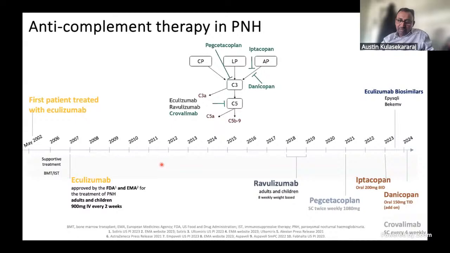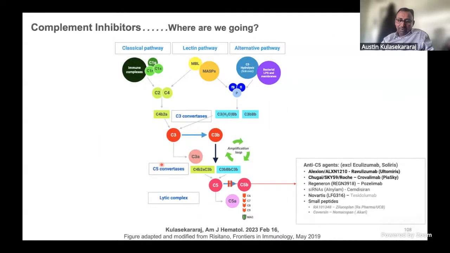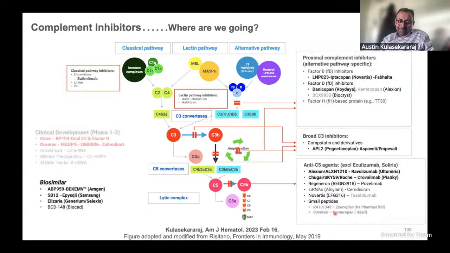Since eculizumab and ravulizumab, now we have a number of agents, at least in Europe and US, and countries where these are approved. I know Arihant mentioned the other complement inhibitors, the cemdisiran and the tocilizumab here, but there are other proximal inhibitors, there are lectin pathway inhibitors, there are MASP3 inhibitors, there are biosimilars, and that's an important thing for countries which do not have access, because there are at least 2 approved biosimilars in US and UK, and could any of these biosimilars be accessed? And we're still doing trials of other agents as well. And I think we might come to a time, at least here, where we might have more drugs than patients to treat this